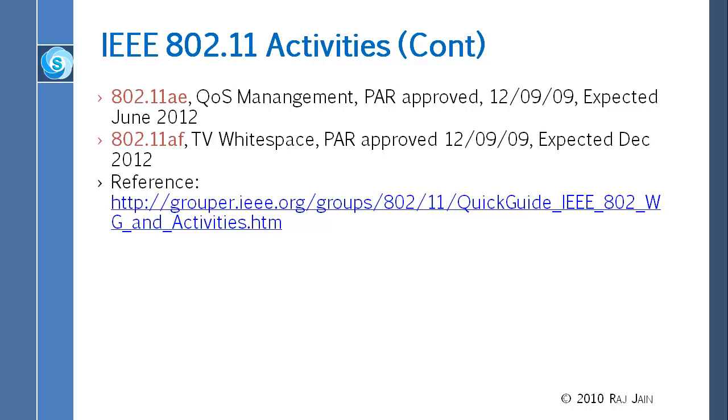Then we have AE for QoS management, and AF is for the TV white spaces. So what is happening is the TV stations are not using all their spectrum. Some of that spectrum can be used up by Wi-Fi, and so that is the white spaces stuff. Anyway, if you ever need to know more about these things, then here's the web page. By the way, this list is latest,